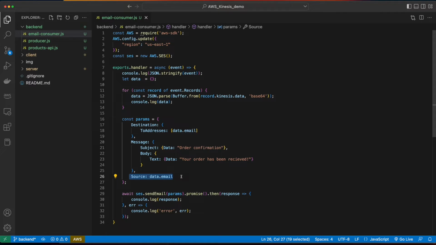Now, the reason that I'm doing this is because you remember in SES, I only verified one email address just for this demo. So for this to work with that email address, you'll want to set the to address and the source address equal to the email address you verified in SES. Finally, we'll make an asynchronous call to send the email to SES, passing the params, and then logging the response